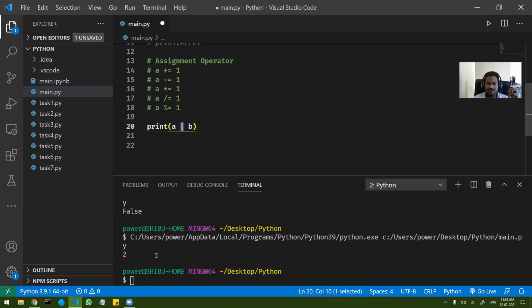So if I run this, you get 11. Okay, so if you convert to binary, you will get 10 and 3 giving 11. Okay. You can also do